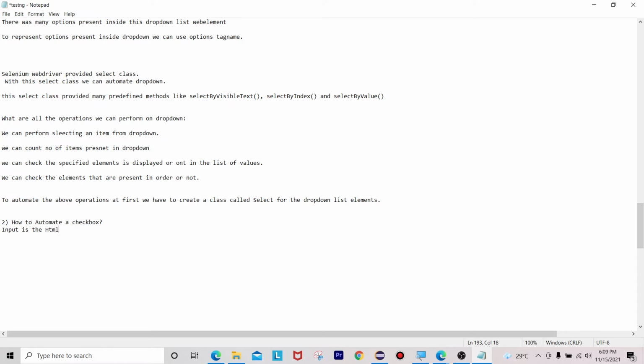Input is the HTML tag name used to define checkbox elements in the web page.